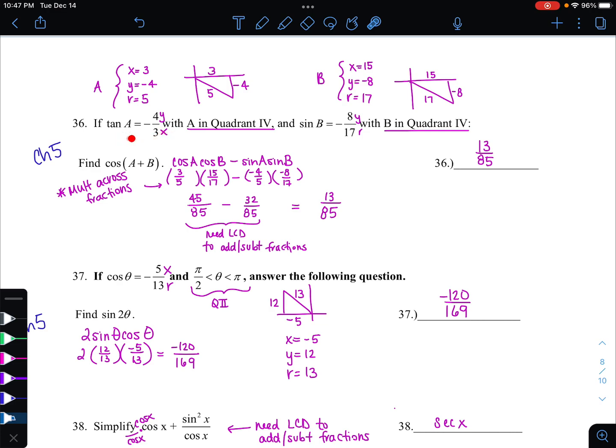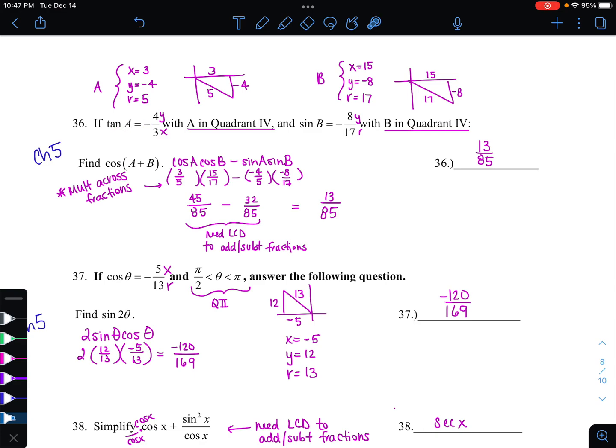Well, first of all, you have to take what you're given, draw a picture, make sure it's in the correct quadrant, and apply the sign. So in quadrant 4, x is positive, y is negative. So make sure your x and your y are positive and negative accordingly. Okay, that's really important. If you mess up the characteristics and what quadrant you're in, the rest of it's going to be wrong. So be really careful with this preliminary step where they give you, like in this case, tangent